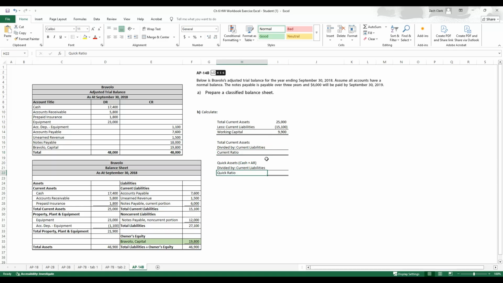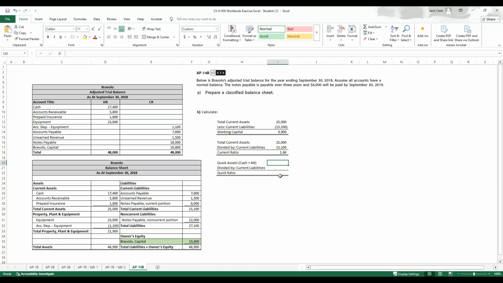And then here's another couple of ratios which are in a similar vein. So we can take total current assets and divide them by total current liabilities. So if we do assets divided by liabilities, that gives us 1.66. And anything above 1 is going to indicate that we have more current assets than current liabilities. And like I said, that's a place you want to be. If you have less than 1 here, that would indicate that you have more liabilities than you have assets, and that could be a red flag for having enough cash and liquid assets to be able to pay upcoming